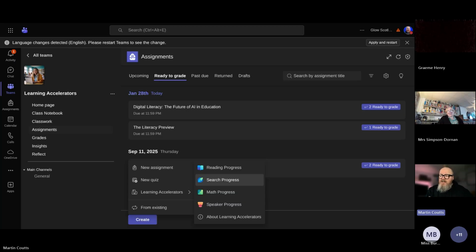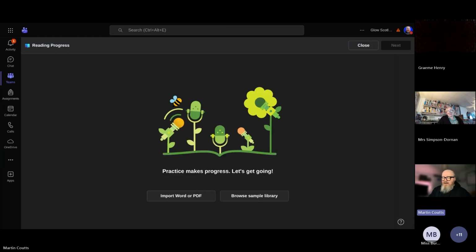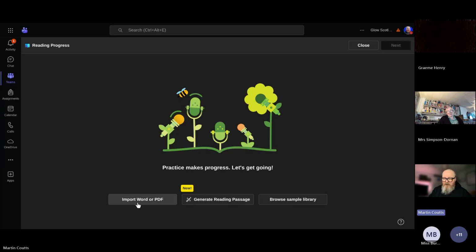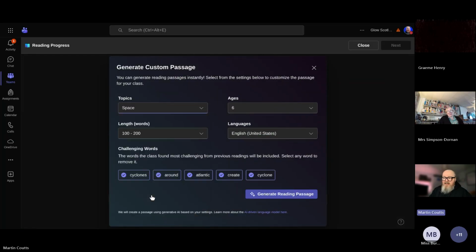I think reading progress, search progress, that is definitely stuff that is going to be beneficial for our younger learners, and even our lower ability level pupils, and our pupils who are really struggling with self-confidence and their ability to bring things in. I think that the reading progress activity is just a great way where you can actually import a document you already have. But if I generate a reading passage within, let's see, within space, one of my